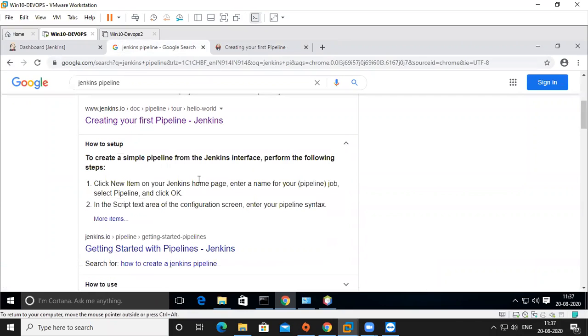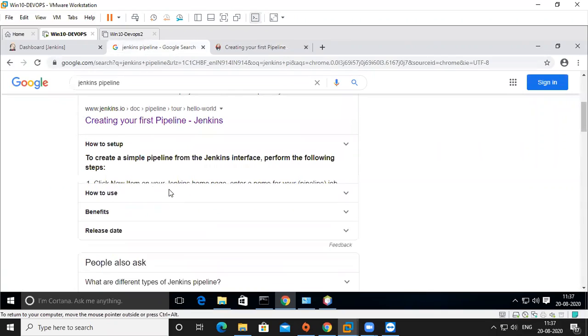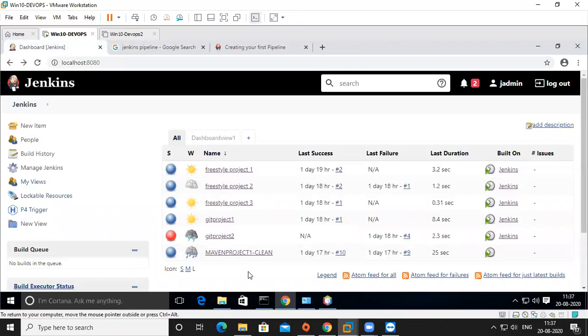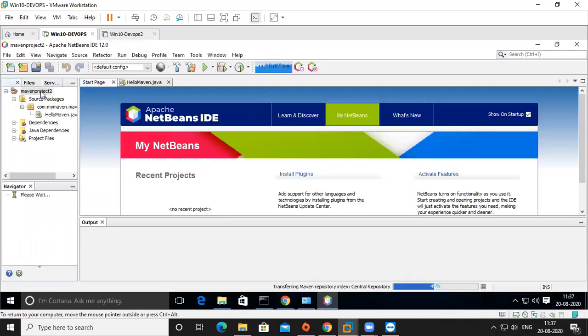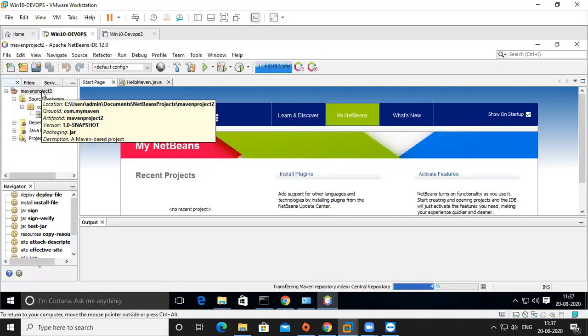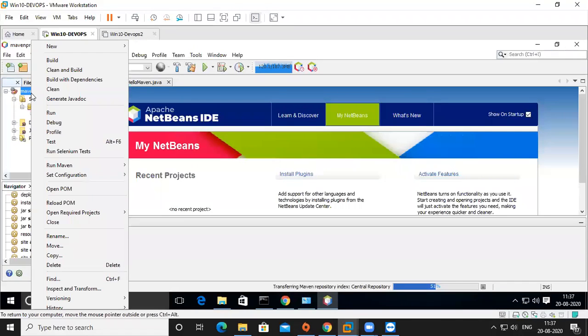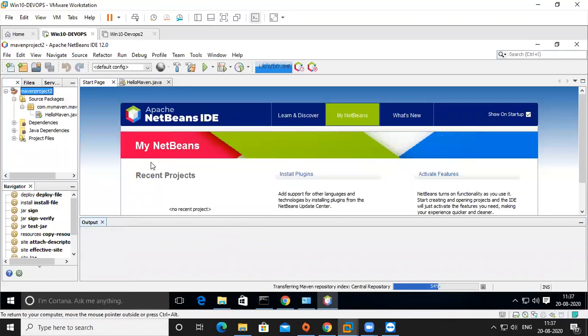How to set up what is shown here: I will show you one Jenkins project. First of all, we need a pipeline project. Of course, I have one. First I'm going to put this under versioning, as I already showed how to put our project into GitHub.